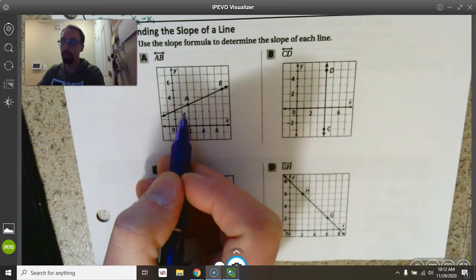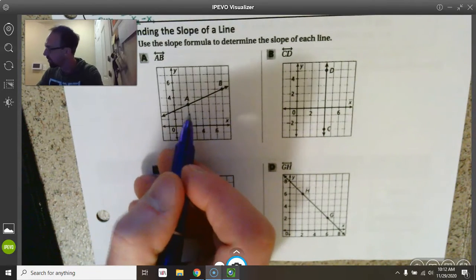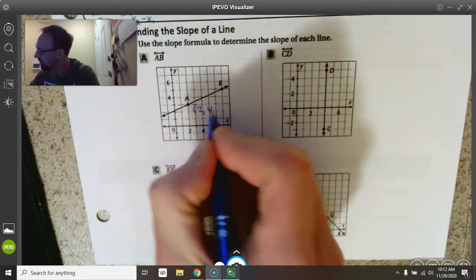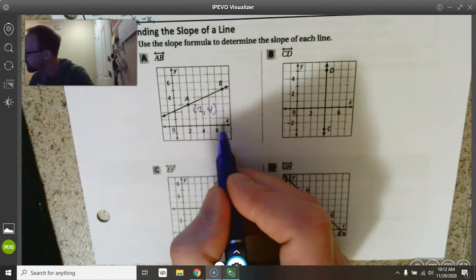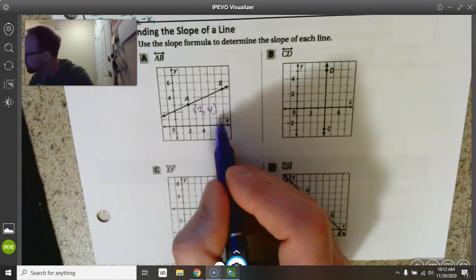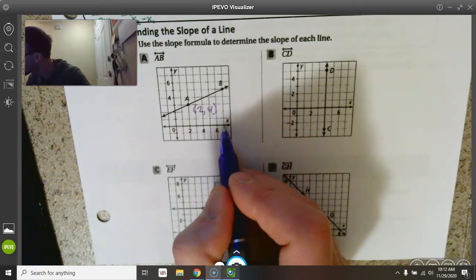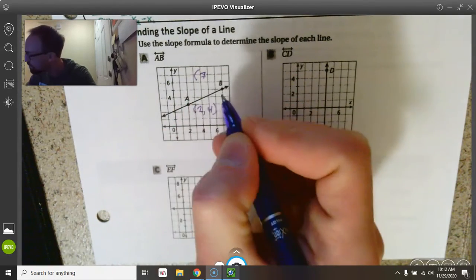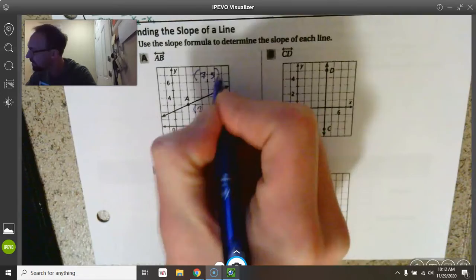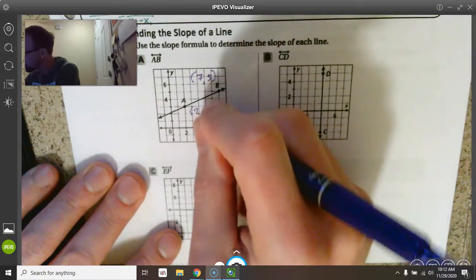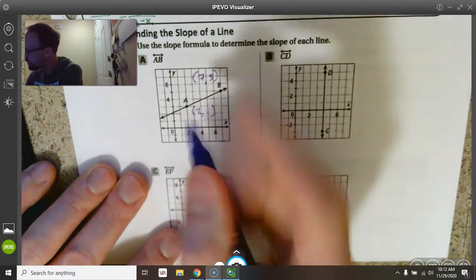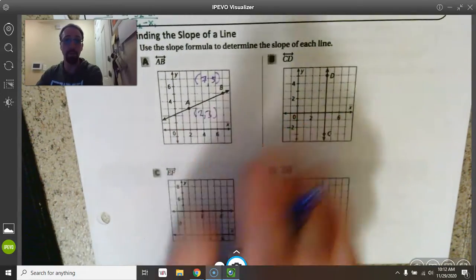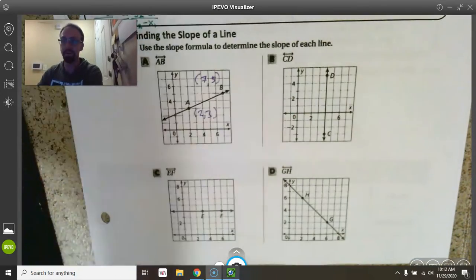So here, what we have is point A is at coordinate 2, 4, and point B is at coordinate 7, 5. And this is 2, 3, not 2, 4. There we go. Okay, so with this, what we're going to do now is we're going to use that slope